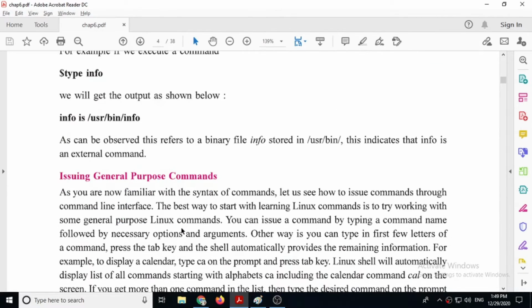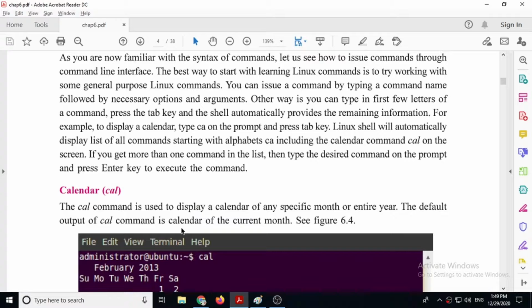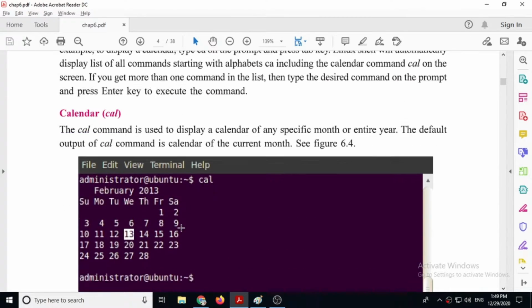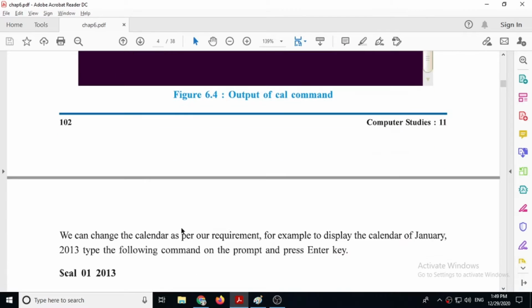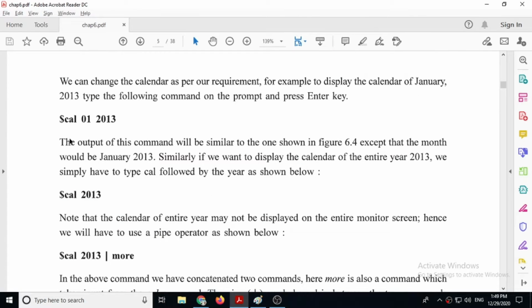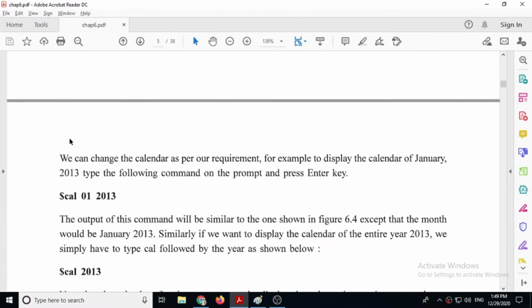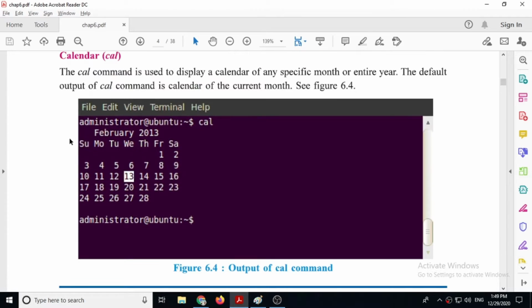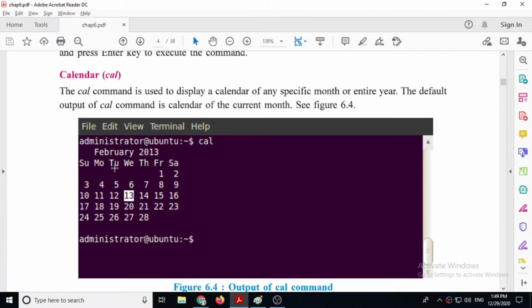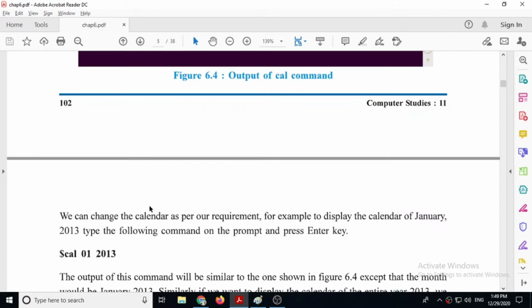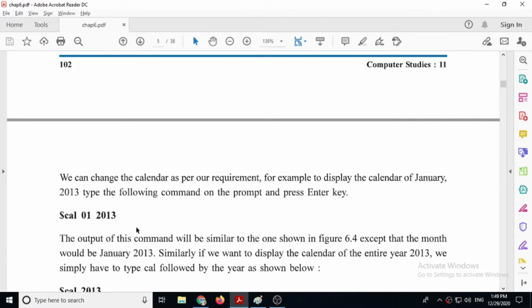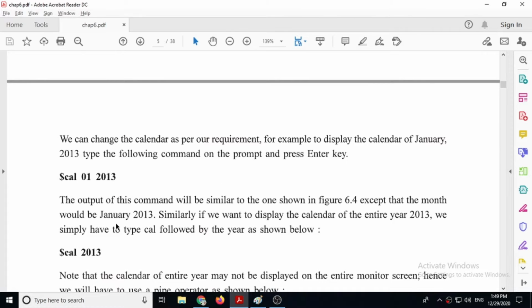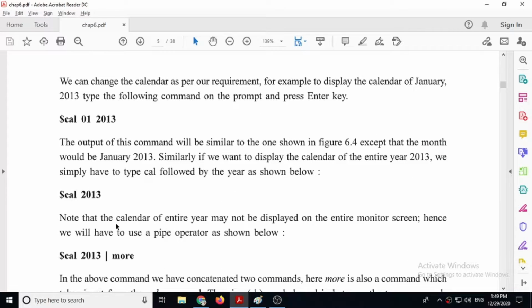We also saw the type command. It shows whether the command is internal or external. And at last we saw the cal command. Remember, when you give only the cal command, it will show you the calendar of the current month. But you can use month number and year number, and it will display the particular month calendar.